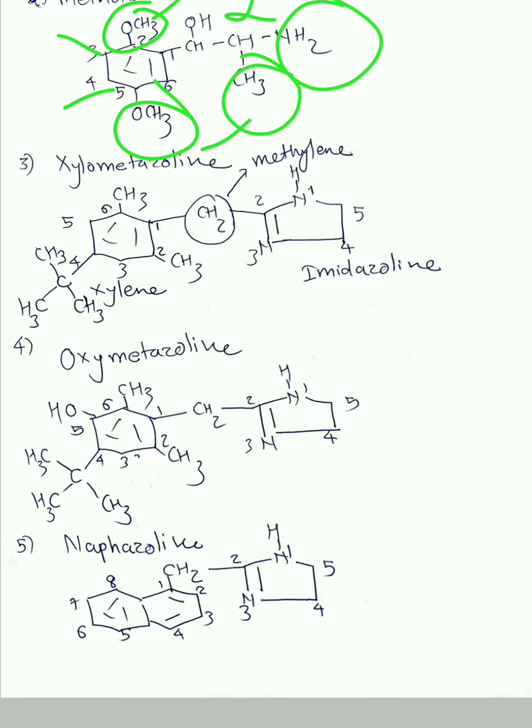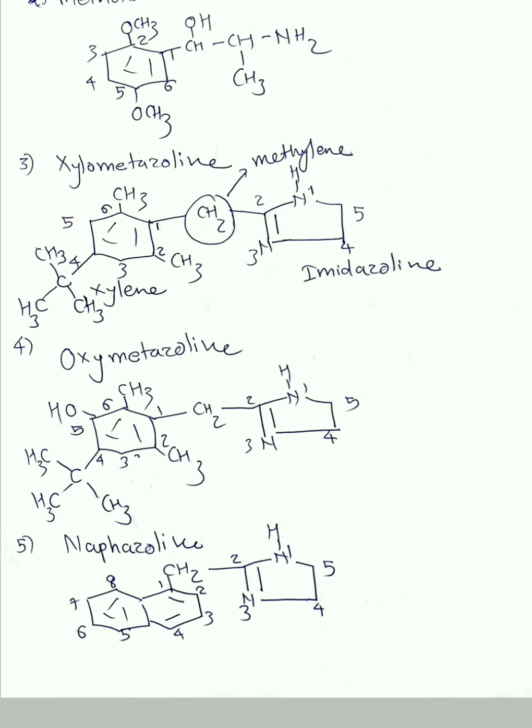Next structure is xylometazoline. Now here the series I was talking about is zoline. Next structure is oxymetazoline. Next structure is nefazoline. There are many more zoline containing structures, but I have tried to cover only 5 or 6 compounds. So whenever you come across any drug which ends with zoline, it should immediately click in your mind that it is an alpha 1 agonist, and then you will be able to answer the uses of that drug also.